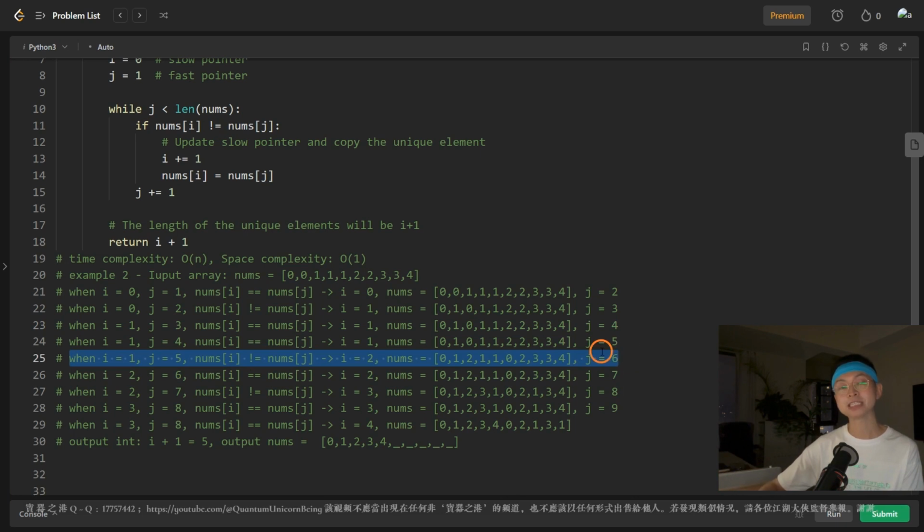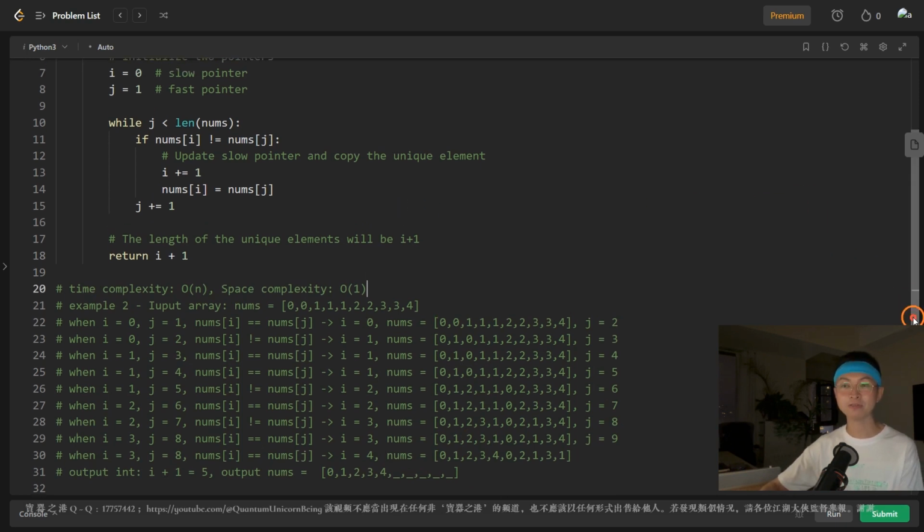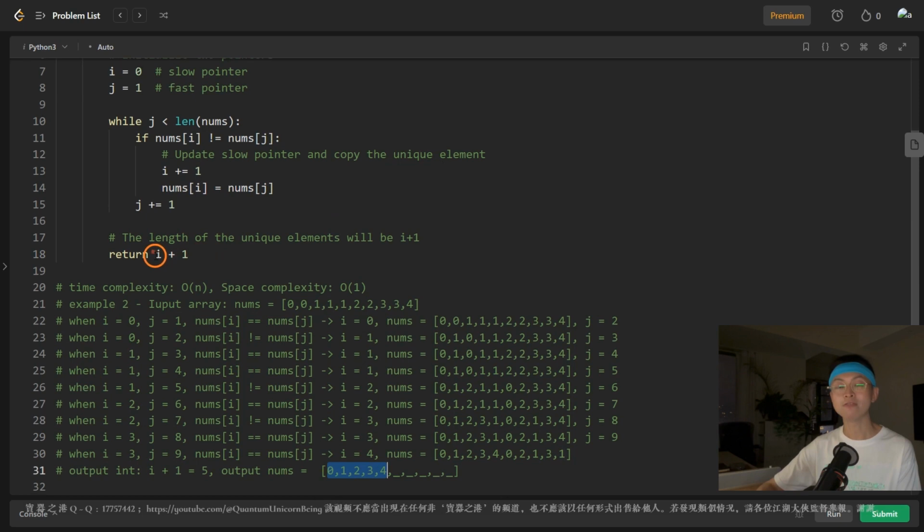Thirdly, we repeat step 2 until the fast pointer j reaches the end of the array. At each step, we either skip duplicates by moving the fast pointer j forward or handle a new unique element by updating the slow pointer i and copying the unique element to the correct position. And finally, we return i plus 1 as the length of the unique elements. Since i represents the last index of the unique elements, adding 1 gives us the count of unique elements in